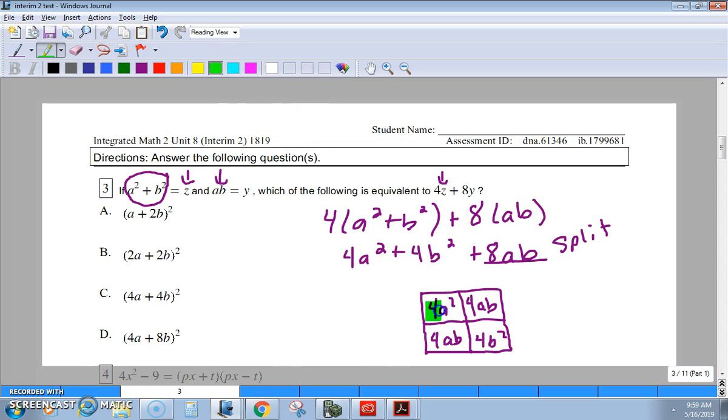These both have a 4, and they both have at least one a. So I'm going to factor out a 4a. Put that here. So 4a times 4a is 4a squared. And 4a times what is going to give me 4ab? That's just going to be